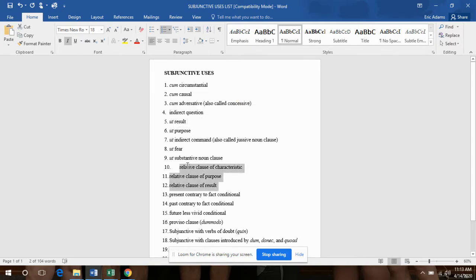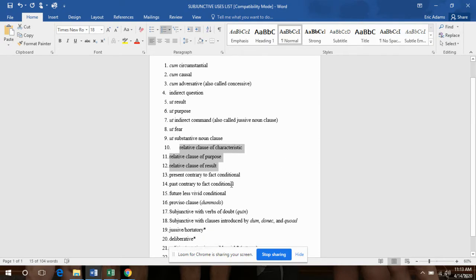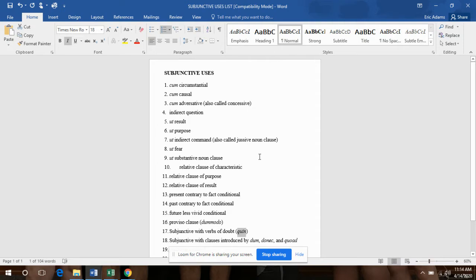You have here the relative clauses in which obviously the relative pronoun itself, qui, quae, quod, cuius, and I can keep going, are subordinating words. You have these conditional clauses. If you have a conditional clause, you will have the word "if," and that's a subordinating word. Same thing with dum modo, which translates as "provided that," or quin, the quin clause of doubt, and so forth and so on. But the first set of uses of the subjunctive that we talk about are the cum clauses,